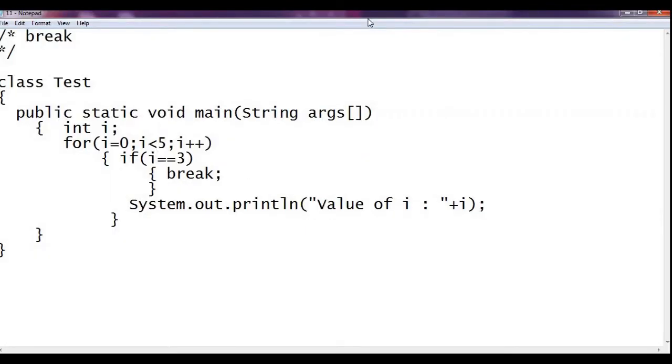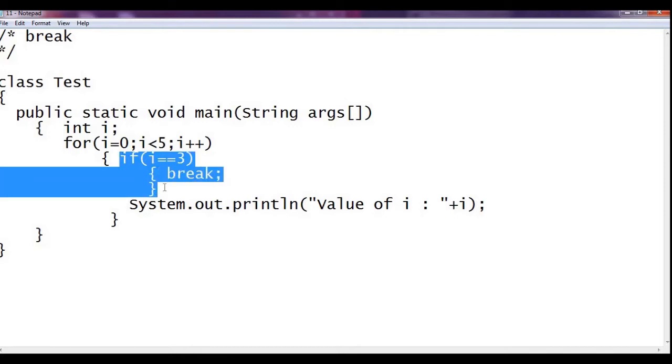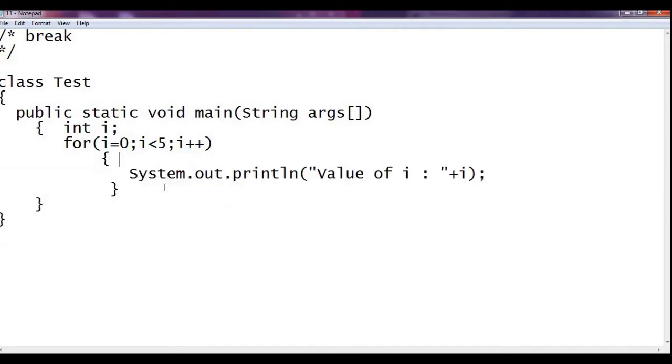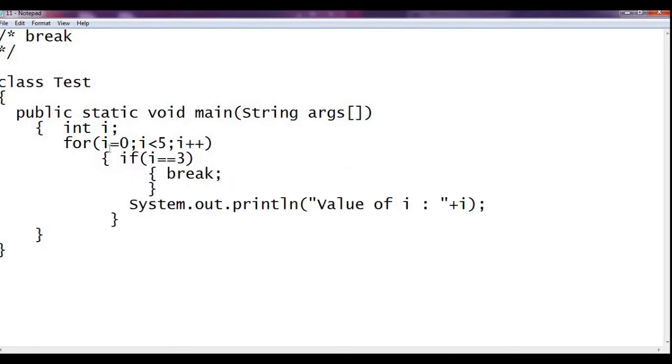Break. Now here we should understand what exactly break is. If we remove the comment portion of this line, then the program is very simple, which is the previous program printing 0 to 4 values. We have put this line in.